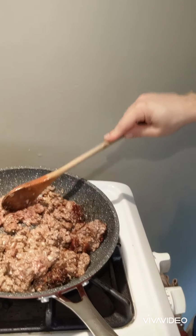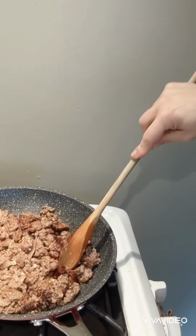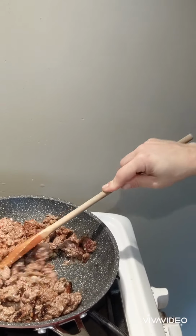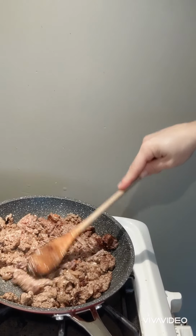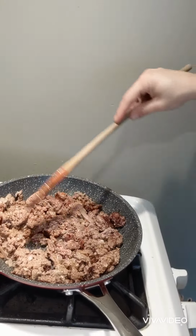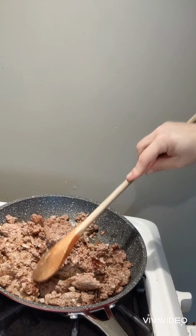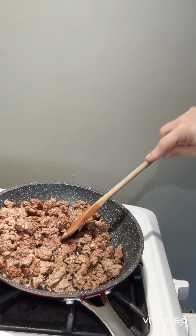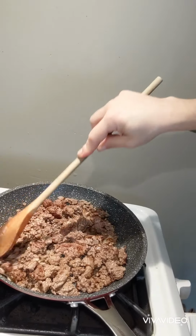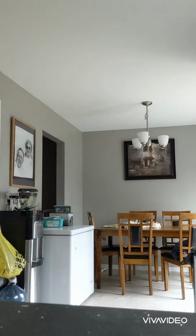Now, because the meat is going to be in a slow cooker for hours, I like to get a nice crispy crust on it. It adds another level of flavor and some texture difference. But it'll totally soften up and melt in your mouth once it's in the slow cooker for hours. So that's why I'm okay taking it a little further in the pan. Plus, nothing in this pan can burn. I don't even need to worry. So this is pretty much good enough for me to put in the crock pot. I'm just going to break it up as much as I can, and we'll be back. Okay, so I'm literally just going...